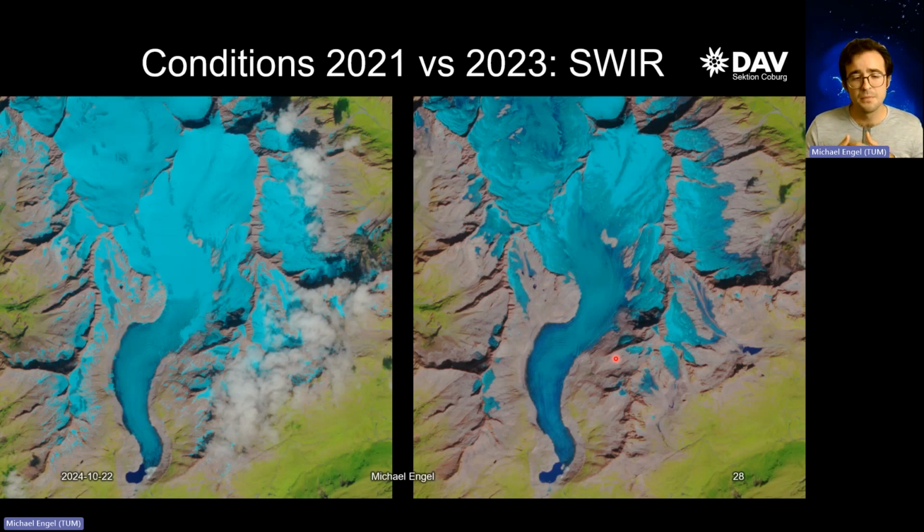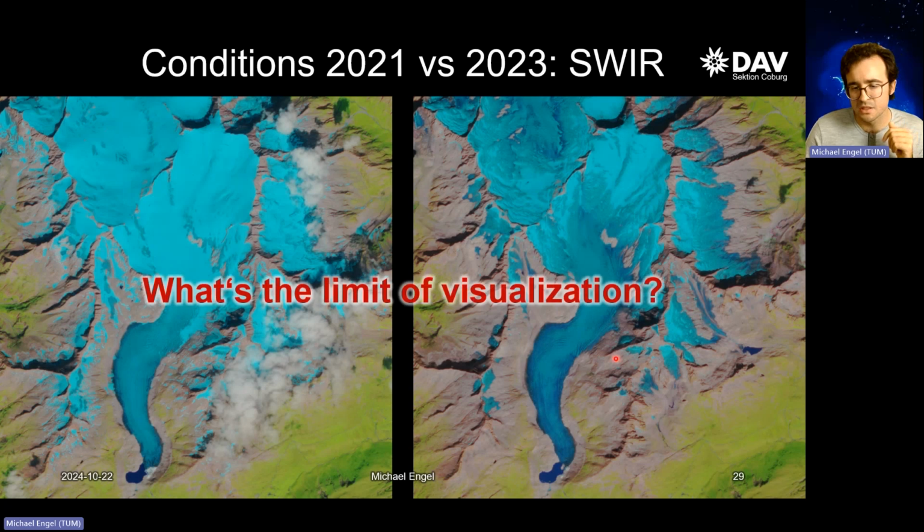It tells you that there's a high melting event on these glaciers, and you probably should not do too advanced stuff where you really need stable ice conditions and stuff like that. So that's what you can get out of that imagery. And of course, I know at the beginning it's rather hard to start doing this, because if that's the limit of visualization, so only looking at maps and then your imagery, okay, you need, as a